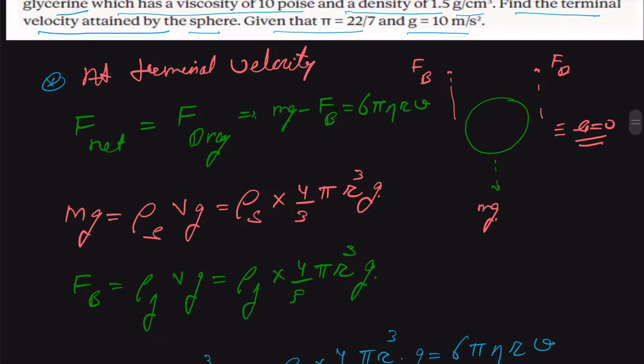If you don't remember the formula, we have to remember the drag force formula. The upward force will be our buoyant force, and the drag force acts when the body is traveling in the downward direction, and downward we have mg, and everything will be in equilibrium. So the net force will be equal to drag force. That's the basic